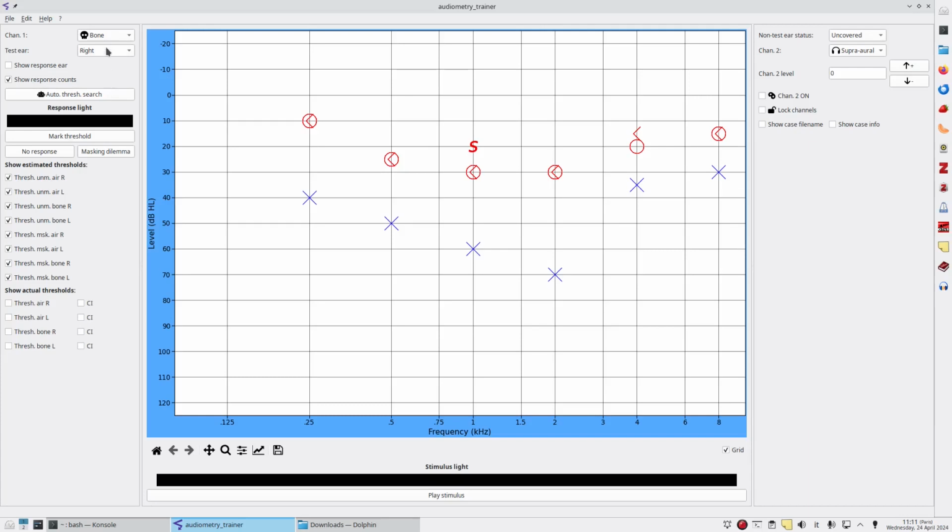So we will move now to the left ear, and we can see that we have potential air-bone gaps for the left ear. So instead of measuring unmasked thresholds, we will start measuring masked thresholds right away. And the masker level that we will need will be equal to the stimulus level. We will start at 30 dB HL